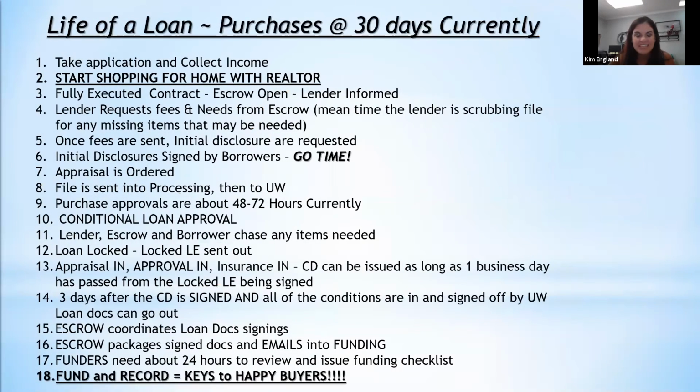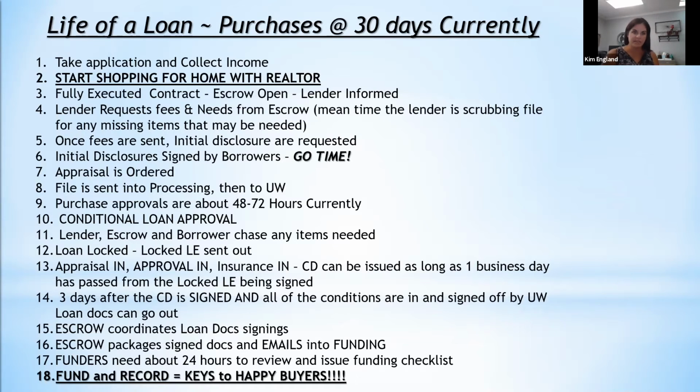Life of a loan, and this looks pretty wordy, and I apologize, but I started typing it and I didn't know how to make it pretty and fit it on one slide. Right now, typically we can close escrows pretty quick. I would say between 21 and 25 days, we can do pretty quick. Right now during COVID, please try to do 30-day escrows. It's not that we can't do them sooner, but everybody seems to be delayed, just a day or two here, a day or two there. The 30 days is getting to be a little bit more realistic.